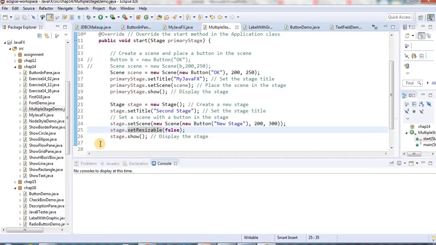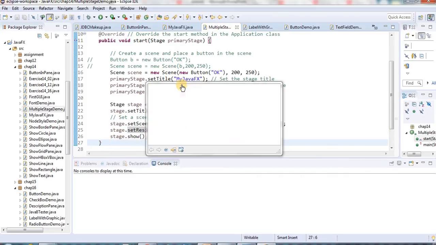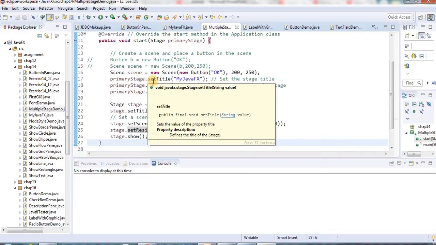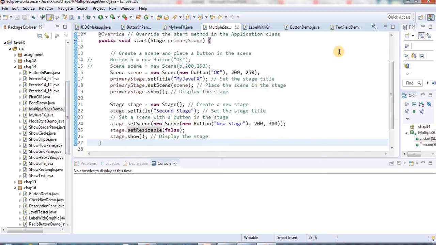So you can expect here, when I run this program, to have two stages, not a single one as we had in the previous program. We will have a stage called my JavaFX. We will have another stage called second stage. The first one will be resizable. You can resize it because by default its resizable property is true. The second one will be unresizable. You cannot resize the second stage. So if I run this program,